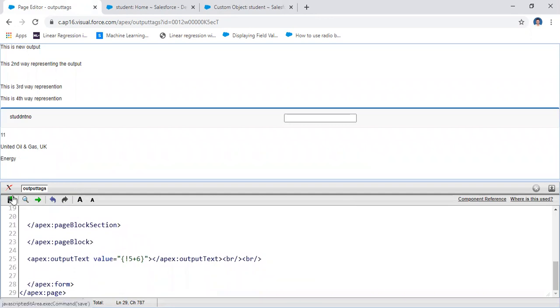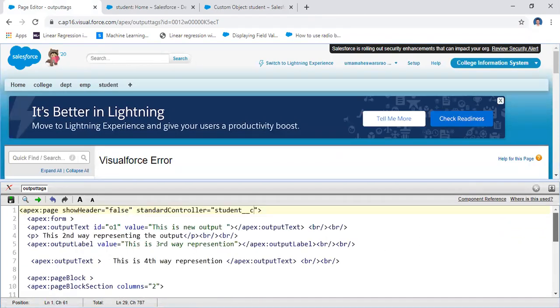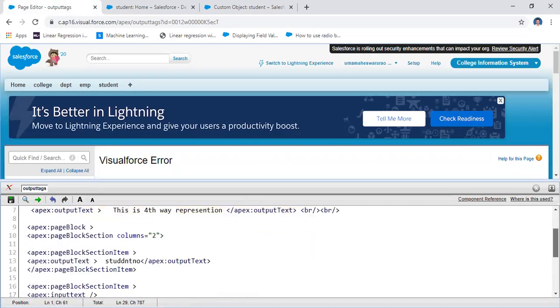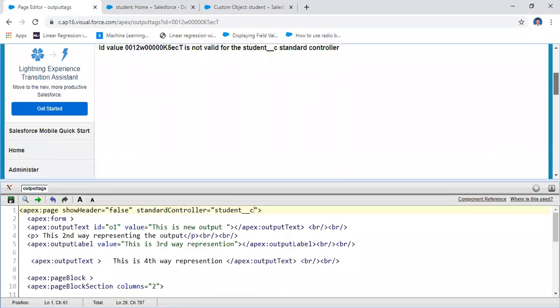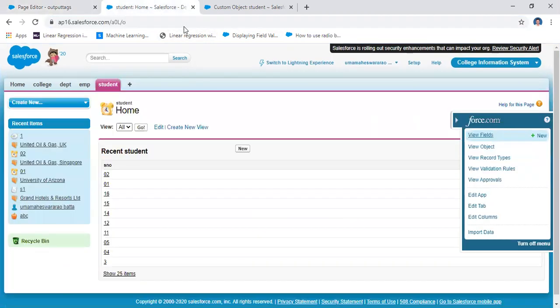If you click here, some error is there. Output field, nothing was displayed. I want to get the information, but it's not account related information.